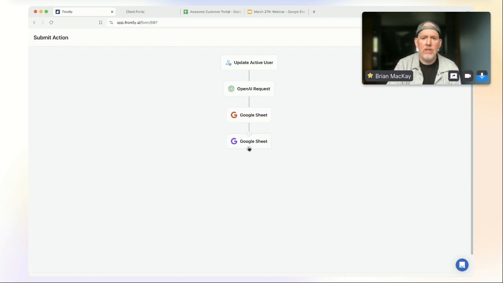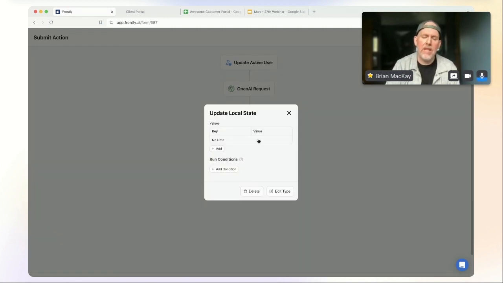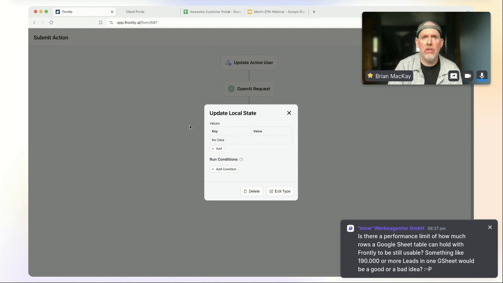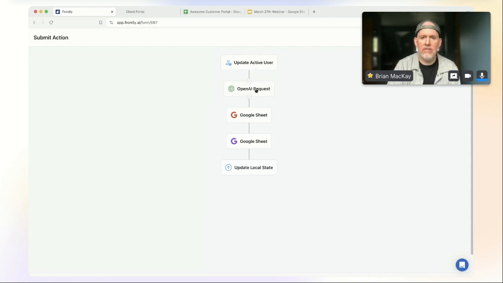Okay. Oh, and we're just going to throw one more thing in here, just a little local state update. When the user lands on their page, because we're going to have some toggles between different viewports or different page views inside of the page, we want to make sure using some visibility toggles that they're seeing this data that we created from this OpenAI action as soon as they land on the page. So we're going to create a local state value called client view, and we're going to call this current. There we go. All right, so now we've got our 5-step action that occurs right when they finish the